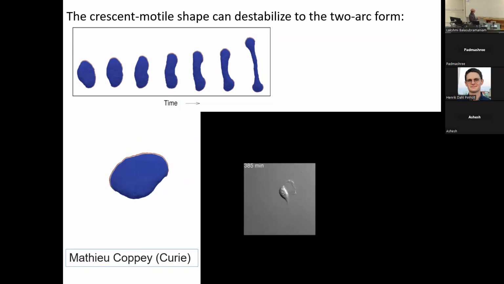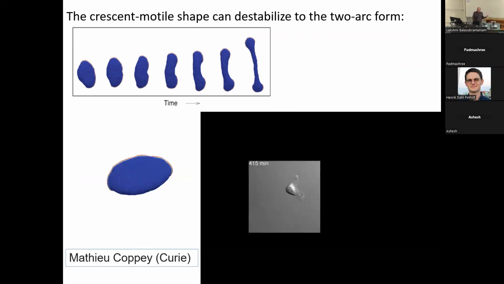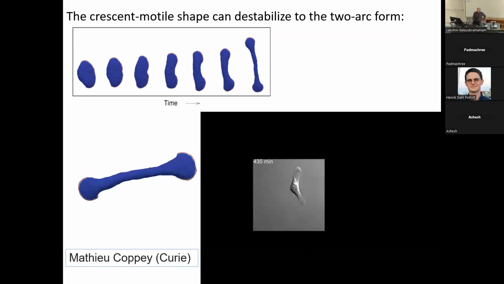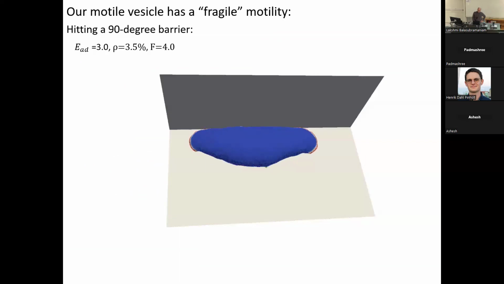It broke into two, but the cell at the end of the movie resolves this competition, and only one of them wins, and the cell continues to walk roughly at 90 degrees. We don't have that yet implemented in this simulation, although we are working on it, and it's already working, but it's beyond this talk. Furthermore, if you run this object against a rigid wall, because the highly curved leading edge